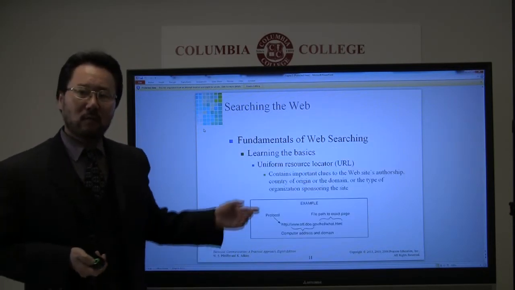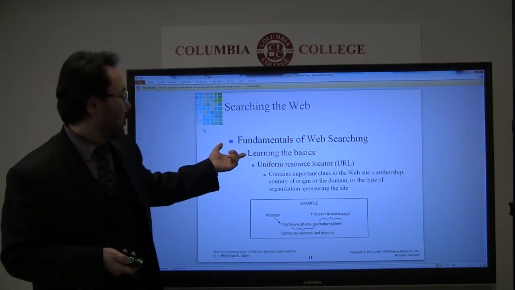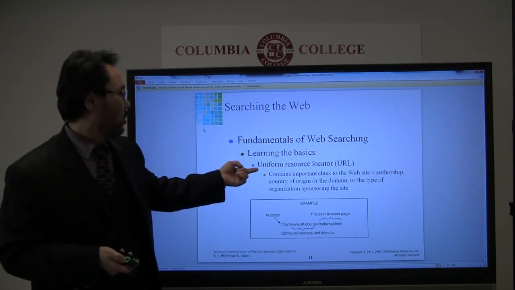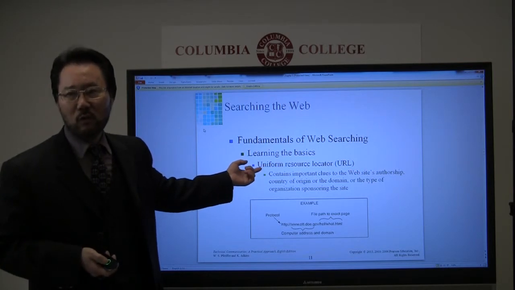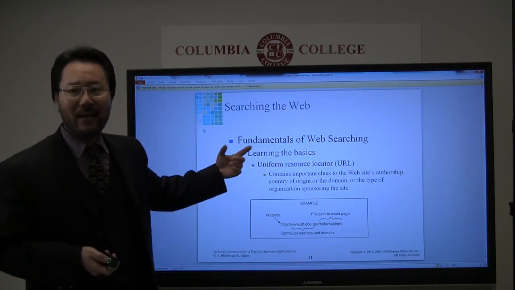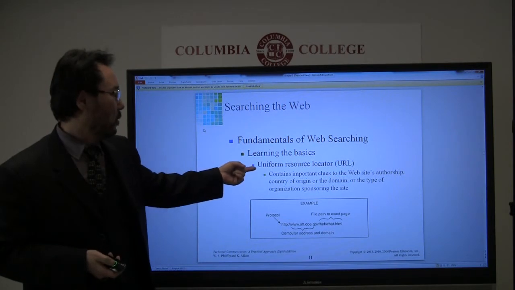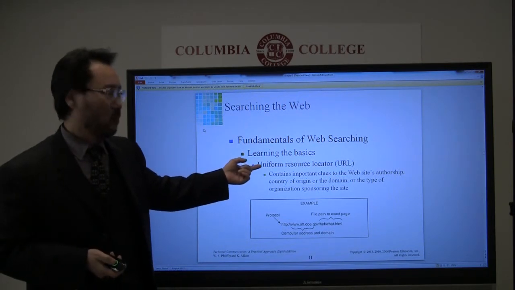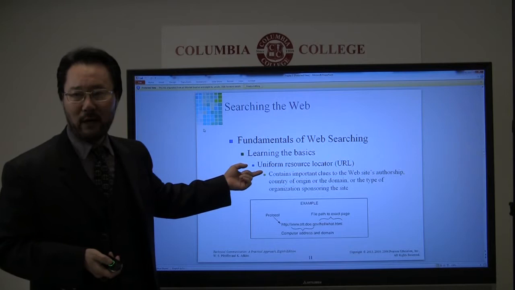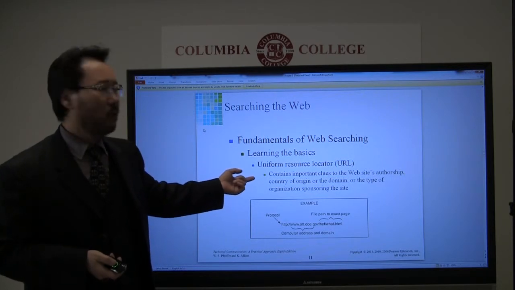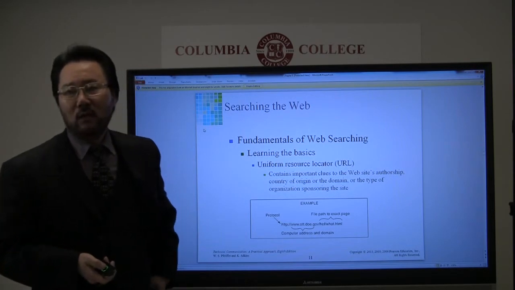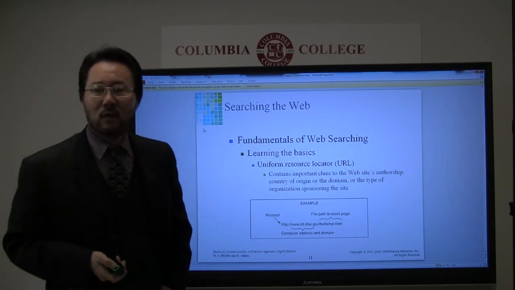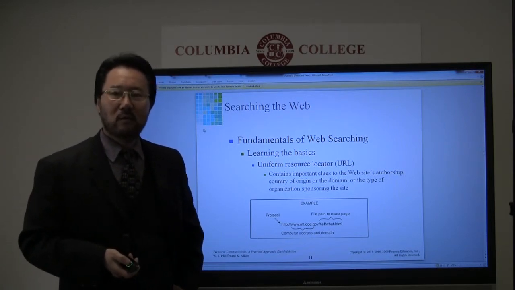Now, when you do fundamental web research, the basic element is the Uniform Resource Locator, or URL. This URL contains important clues to the website's authorship, country of origin or domain, or type of organization sponsoring the site.